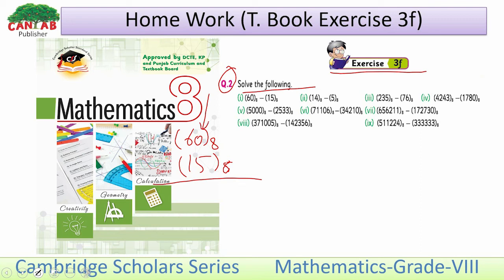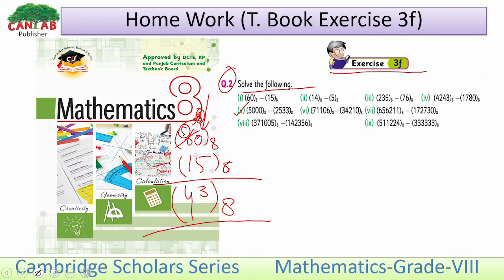So perform subtraction on the first column. So 5 cannot be subtracted from 0, so we have to borrow from the second column. We have 8 here, so 8 is greater than 5, so we can subtract 5 from 8. So we have 8 minus 5, that is equal to 3. Now 6 minus 1, not 6, here we have 5. 5 minus 1, that is 4. So the result is 4, 3 with base 8. Students, similarly, perform subtraction on other parts of this question and then send your notebook to your teacher for checking.